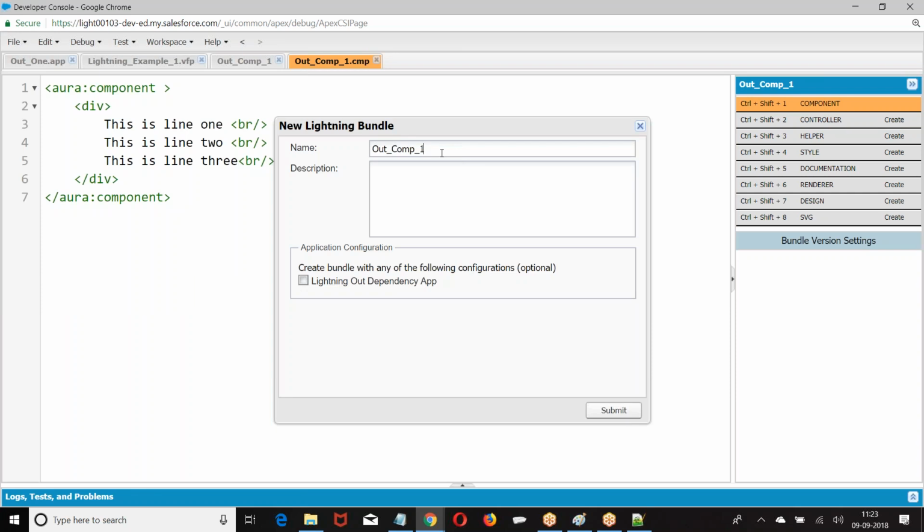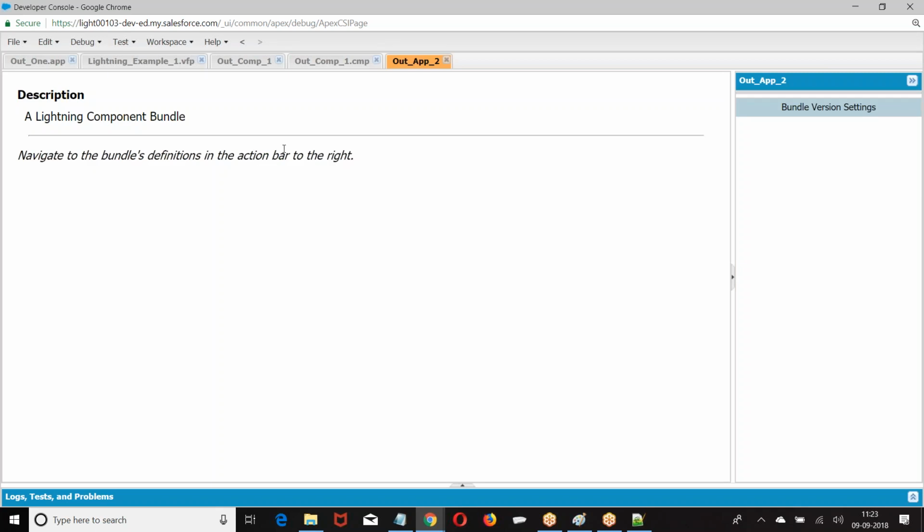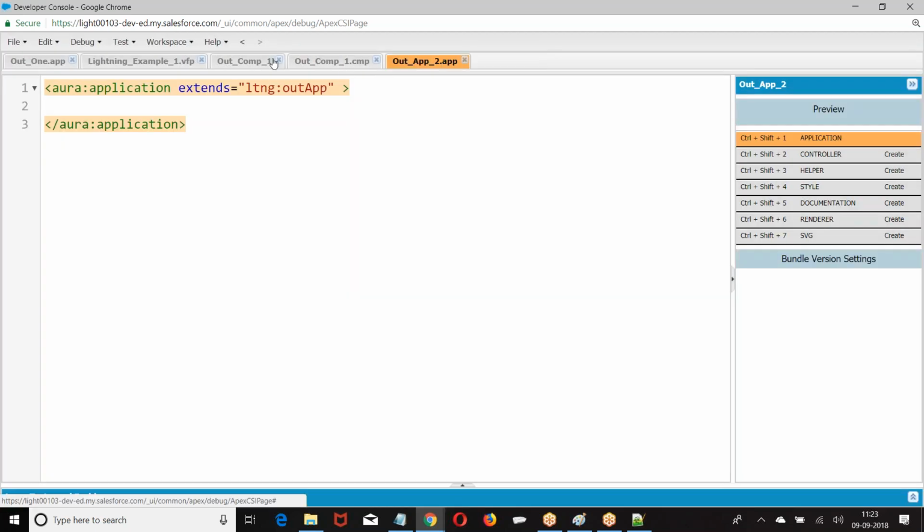Lightning dependency. Then you're supposed to create the Lightning out dependency.